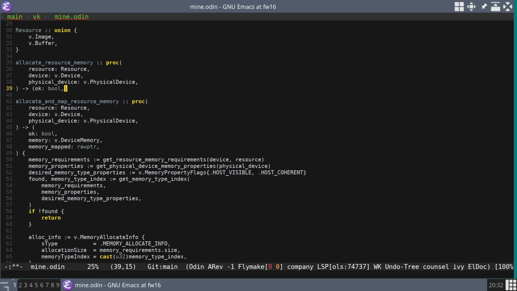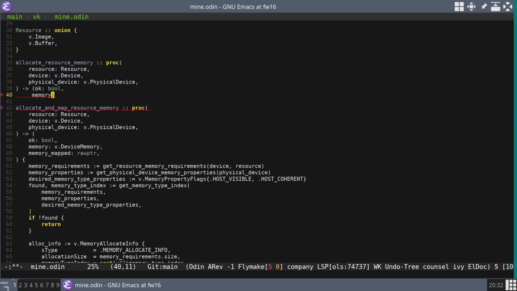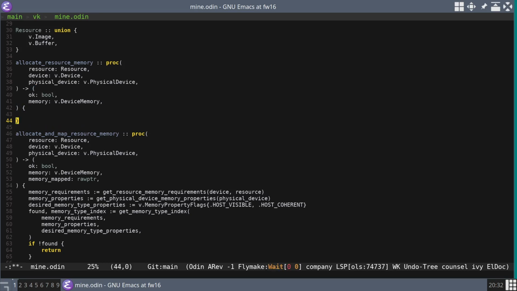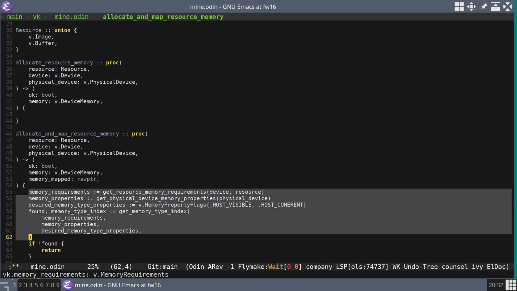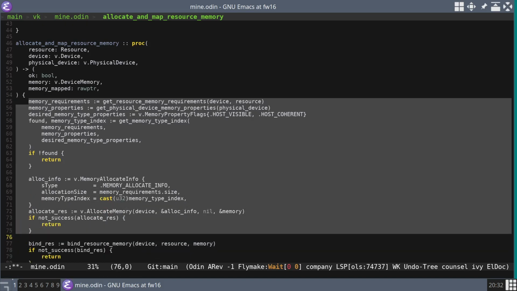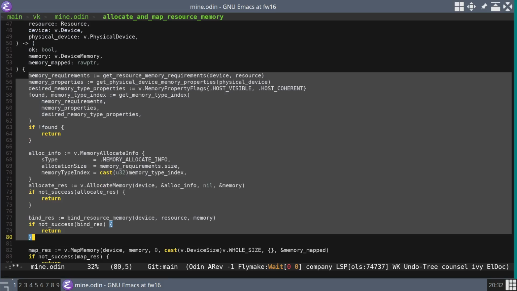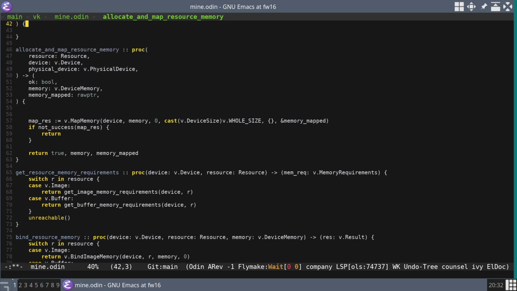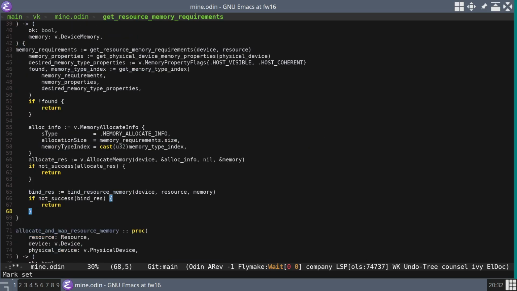You're going to return OK ball, memory, the device memory, and no raw pointer. So I think it's going to be all of this and this, but not that. If we just yoink all this, put it in there,